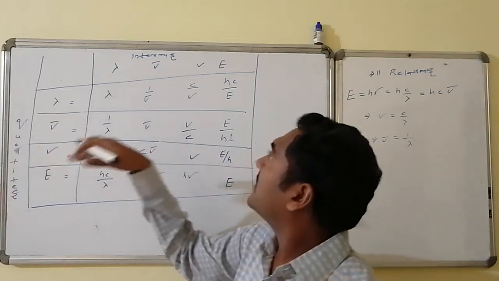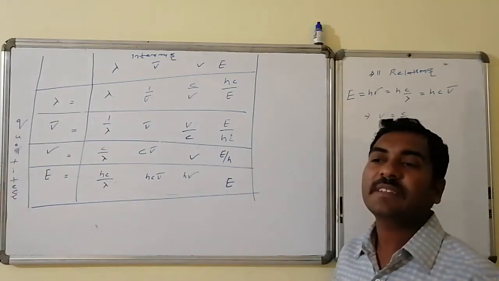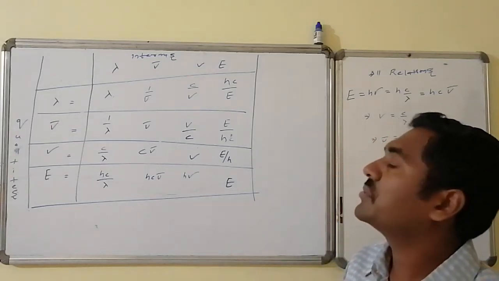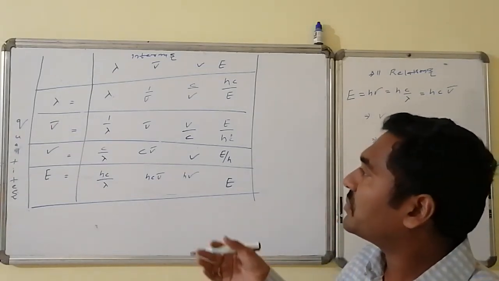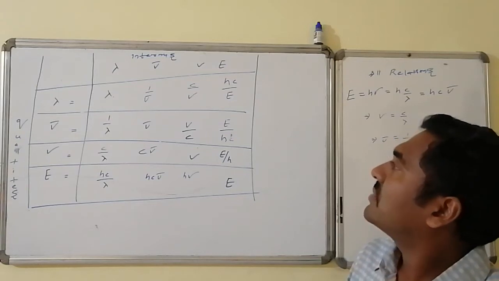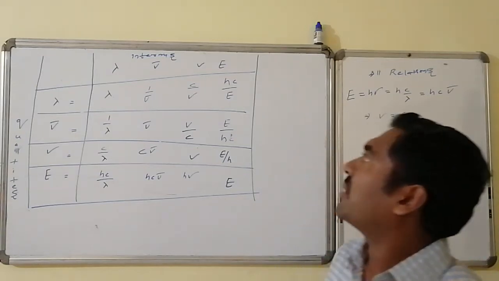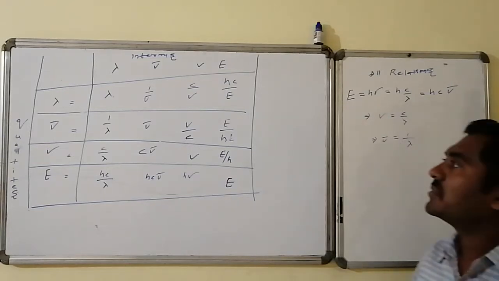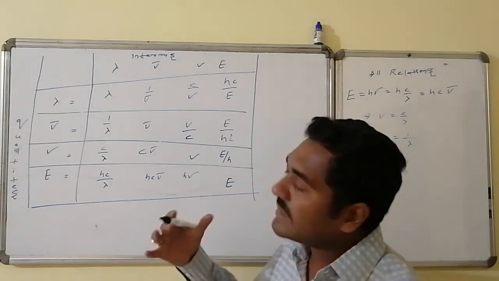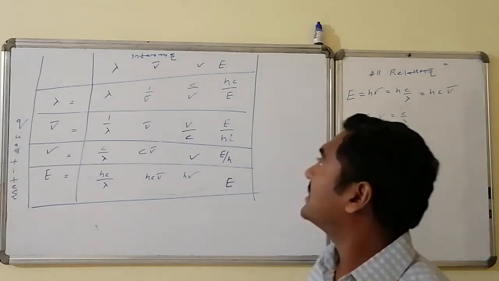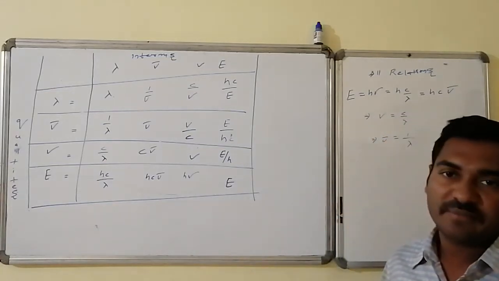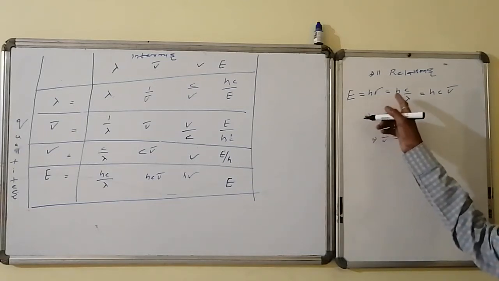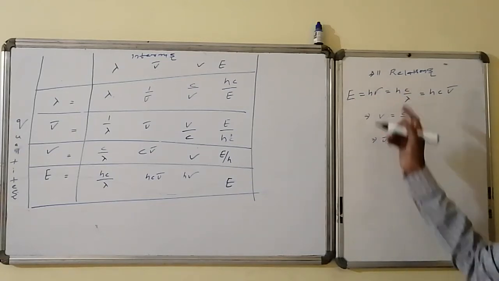Similarly, wavelength in terms of frequency: frequency is c by lambda, so c by nu is equal to lambda because nu is equal to c by lambda. Here nu is equal to c by lambda, lambda will become equal to c by nu. Similarly, the wavelength in terms of energy can be given by hc by E is equal to wavelength, because E is equal to h nu, that is E is equal to hc by lambda, lambda will become equal to hc